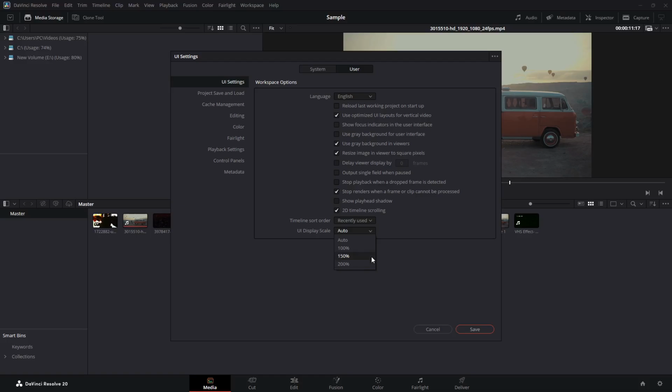Once you've selected your preferred scale, click Save at the bottom of the Preferences window to apply your changes. DaVinci Resolve may need to restart for the new scale to take full effect, so be prepared for that. And there you have it. You've successfully adjusted the UI scale in DaVinci Resolve to match your